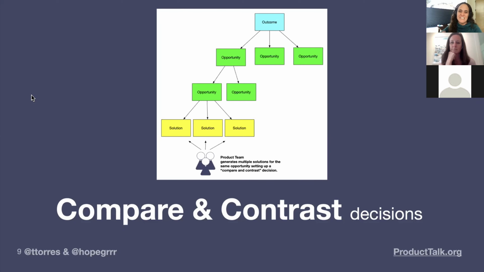One of our principles was to externalize your thinking. We do it via opportunity solution trees. You might do it through impact maps. Maybe you do it through a Kanban board, whatever works for you. But what we want to encourage is that you're externalizing in a way that allows you to compare and contrast. Are you considering more than one opportunity? Are you considering more than one solution?